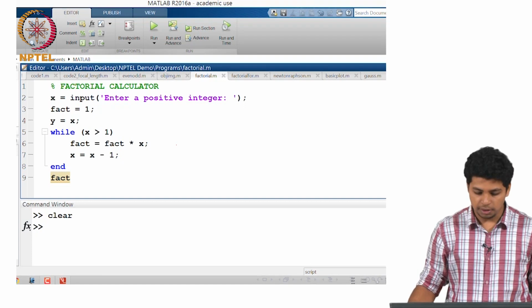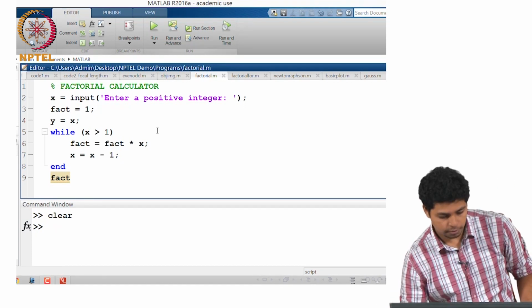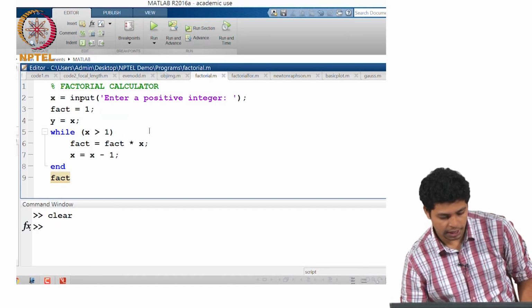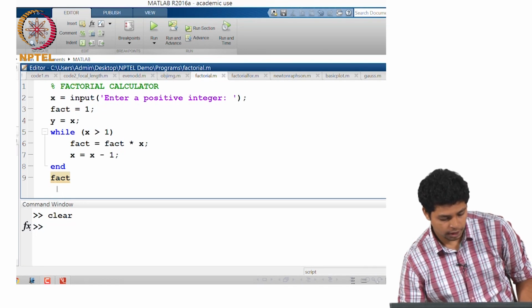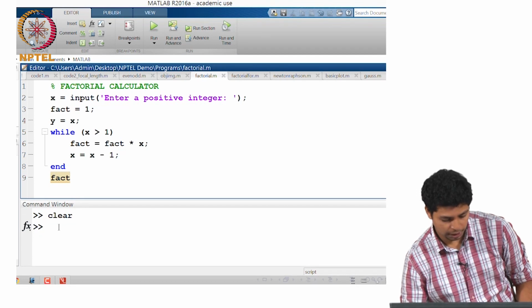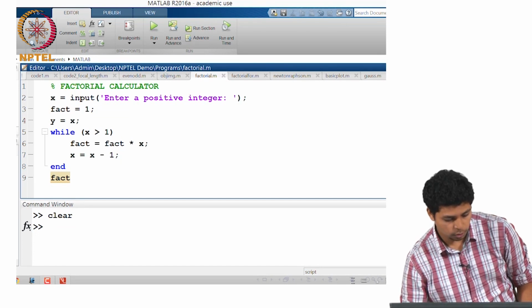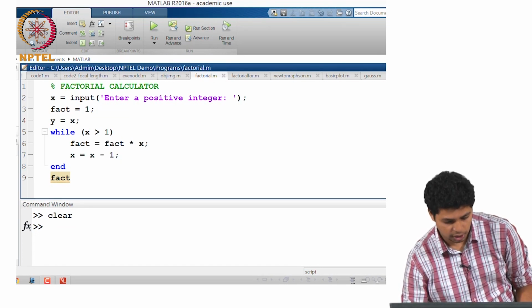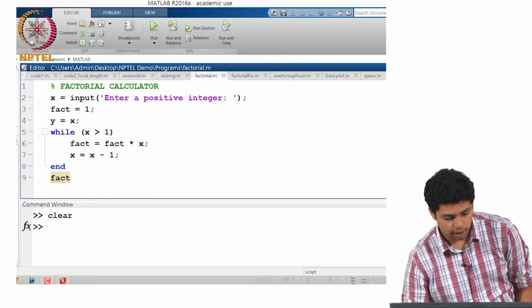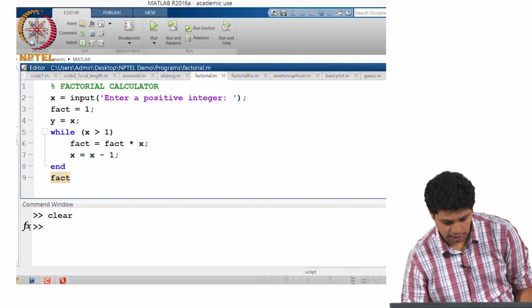So this is the screen of MATLAB, and this is the area where you would enter the code. It's called the editor. This is the area which is called the command window. Here you can enter your code line by line and it will get executed. This is the folder where your program will be stored. This is the workspace. So any variables you are using and you are executing the code, the variables along with their values and size will be displayed here in this area.